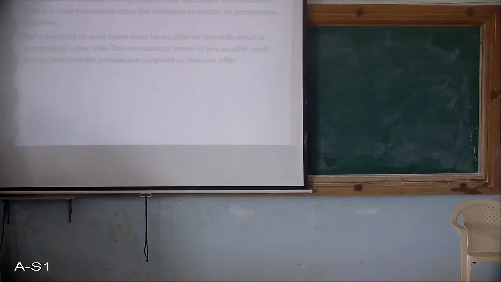Then in case of an invitation to tender, the technical proposals are requested from potential suppliers, who do not necessarily quote any prices. Whenever you put out an invitation for that particular tender, usually the suppliers won't put the price. For example, there are many suppliers for the same product in the market. First they will analyze what amount he is bidding and what quality he is providing. In that case some proposals can be dismissed as not meeting the mandatory requirements.